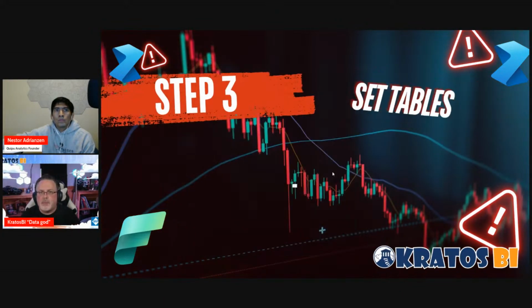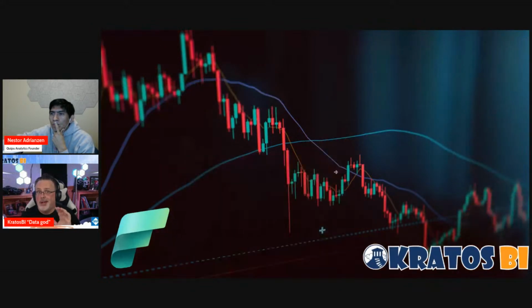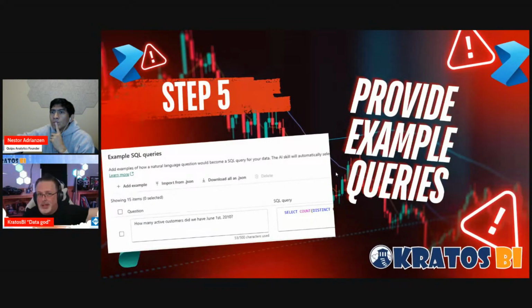Okay. Next thing we're going to do is provide instructions for it. This is a ChatGPT-like experience to give notes and instructions for the model about how these things should work, how that model's supposed to function and operate, and make it really easy for you to train that model to do different things, right? That's the secret. That's where data scientists would go and spend years. Now we do it with a conversational engagement.